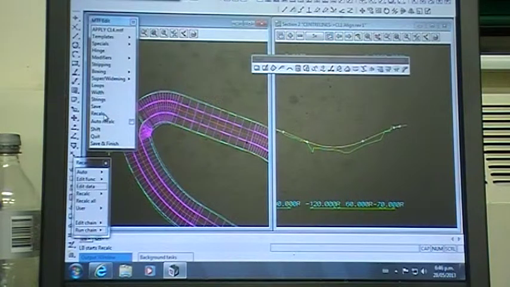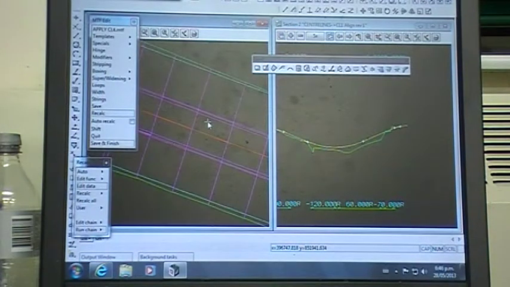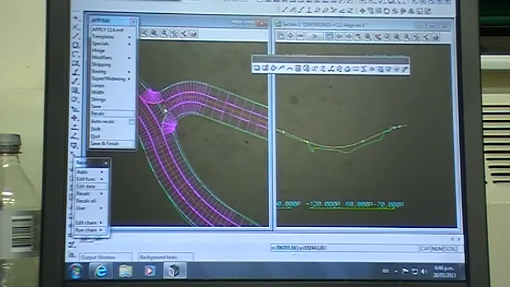I come back to my MTF editor and I'm going to click on Recalc. Okay. So I've now changed the width of my road from 7 metres down to 5. There's a couple of things I now have to do. Obviously the curb returns at each end will need to be redone, and I'll do those in a second, but